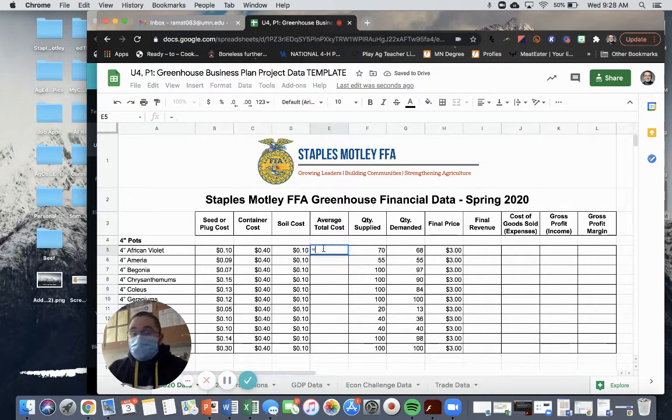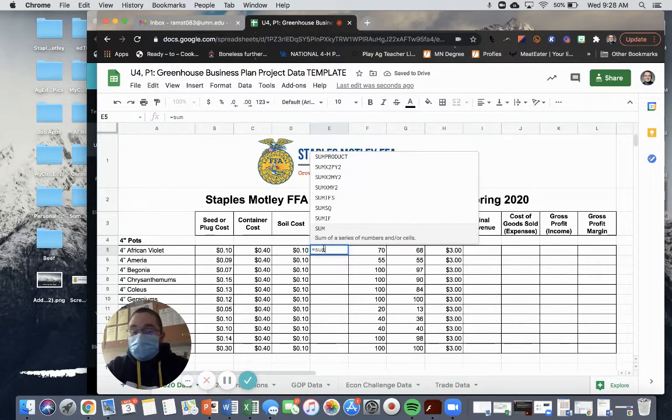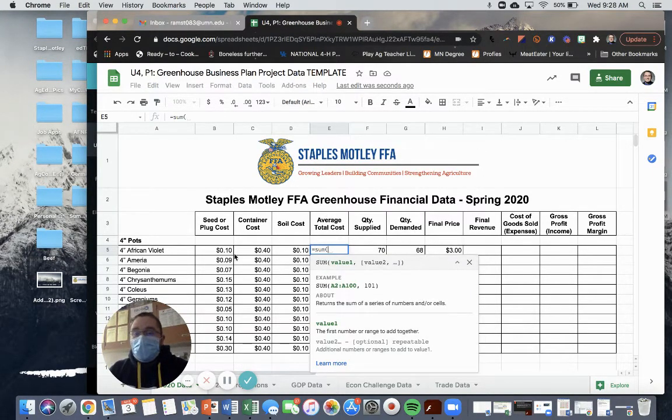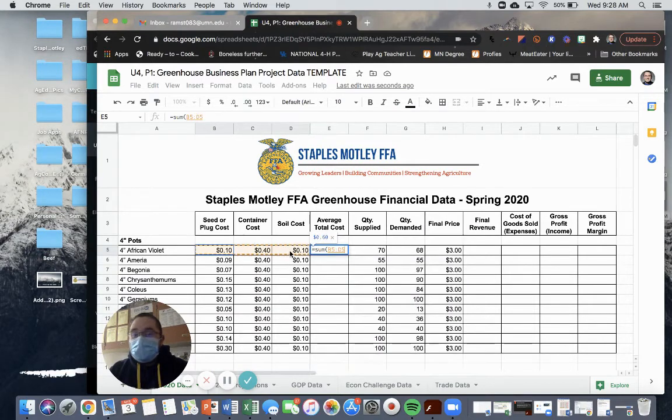Another way you can do this is to hit the equal button, type in the word sum, open a parenthesis, simply highlight the cells that you would like, and hit enter. It will do the math for you. Then, in the lower right-hand corner, you can see this little plus sign. You can click and drag, and it will do all of the math for you